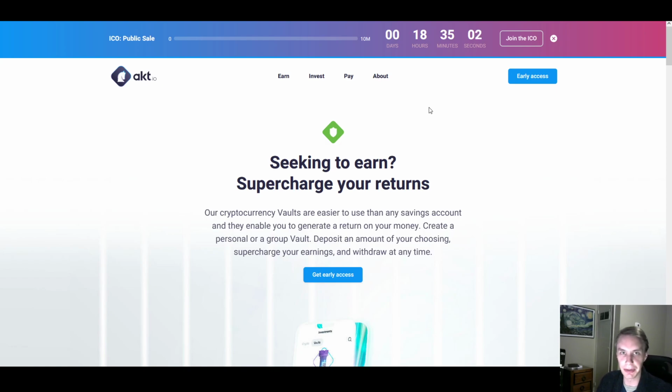Having the first DeFi app to launch on HBAR, or on Hedera Hashgraph, is great. And I personally would love to see a lot more. If there is a lot of money being put forward to incentivize development on the Hedera network, I would love to see more of this DeFi come about.